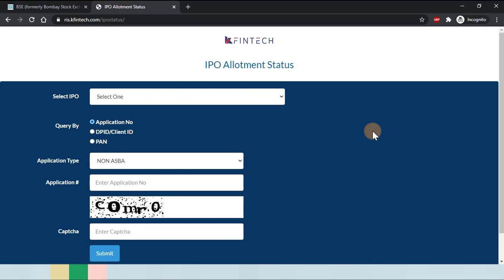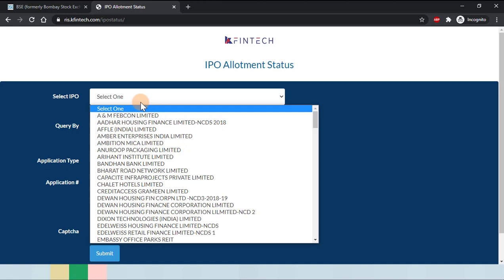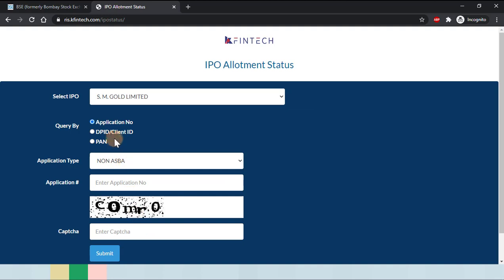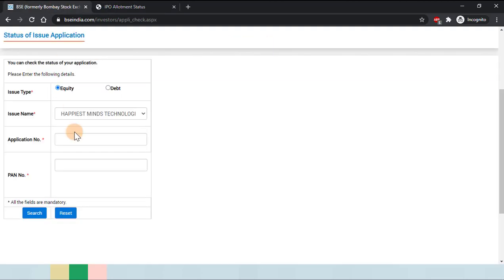So now all you have to do is select the IPO and then enter the application number or DPID client ID or the PAN number. So if I search here for Happiest Mind Technologies, I won't get the option because the allotment status is not yet out. So if I enter, suppose for example, any random thing, then I have three options, going through application number, that is same in this case,